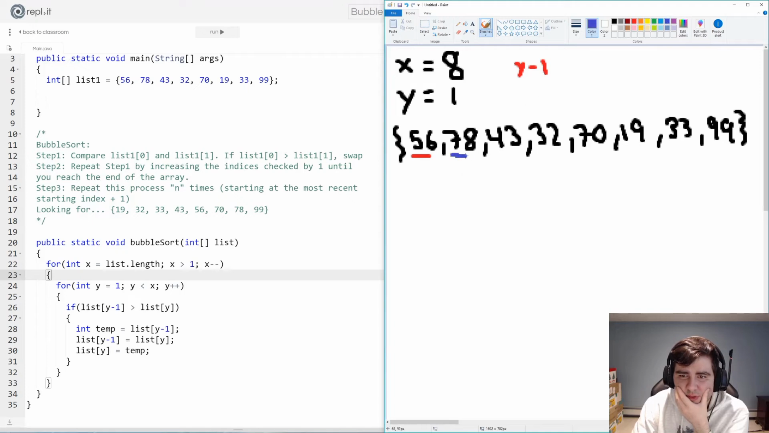And this right here will be y. And we check them and we see, is 56 greater than 78? No. So we skip those numbers. We go back up to the top of the loop. What happens is y increases by 1 because we have this y plus plus. And so then what we're going to check now,